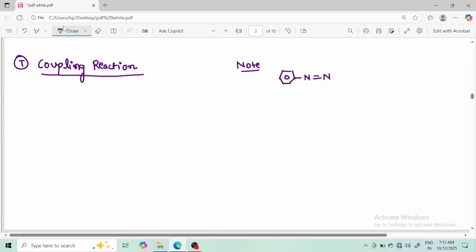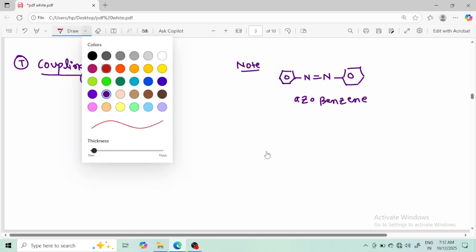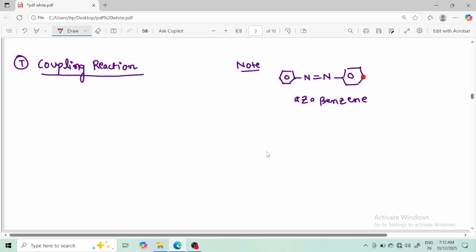This structure, okay. This one is called azobenzene structure. And this spot, just because we'll be using this spot, that's why I'm telling you, especially these two spots,